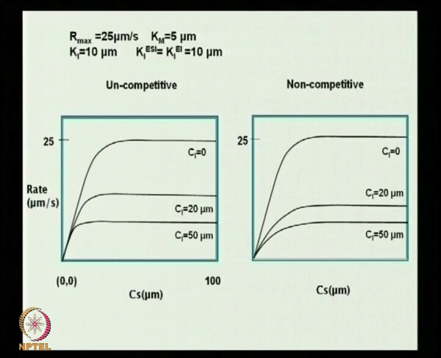Both have been taken to be the same, but if I varied it accordingly, I can change the slope the way I wanted. So, this here it isn't taken the same. As a result, you get one kind of inhibition. What you might want to do, go back home and do a quick calculation, is that as you change the